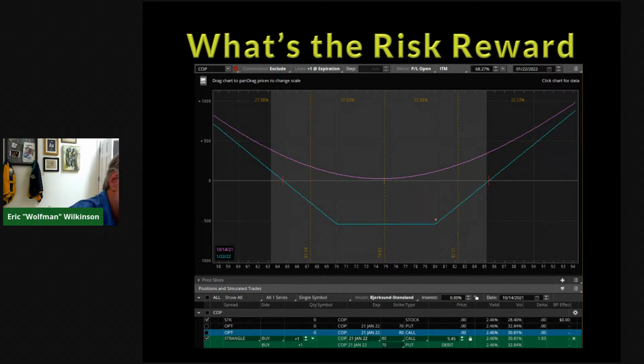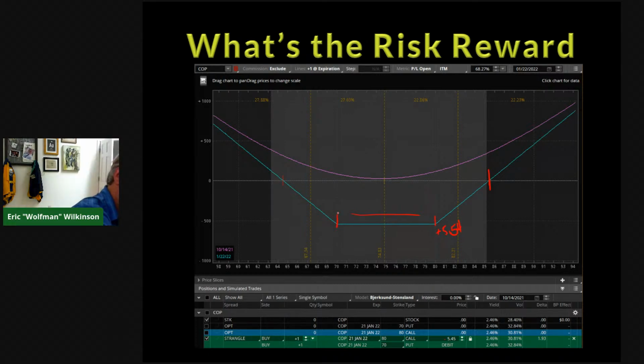So this is our 80 strike right here, our 70 strike. And if it stays in between here by expiration, we're going to lose both sides of that. During the life of it, what we have to do is add this $5.54. So plus $5.54 is to our break even. So really that's going to be lining up at around